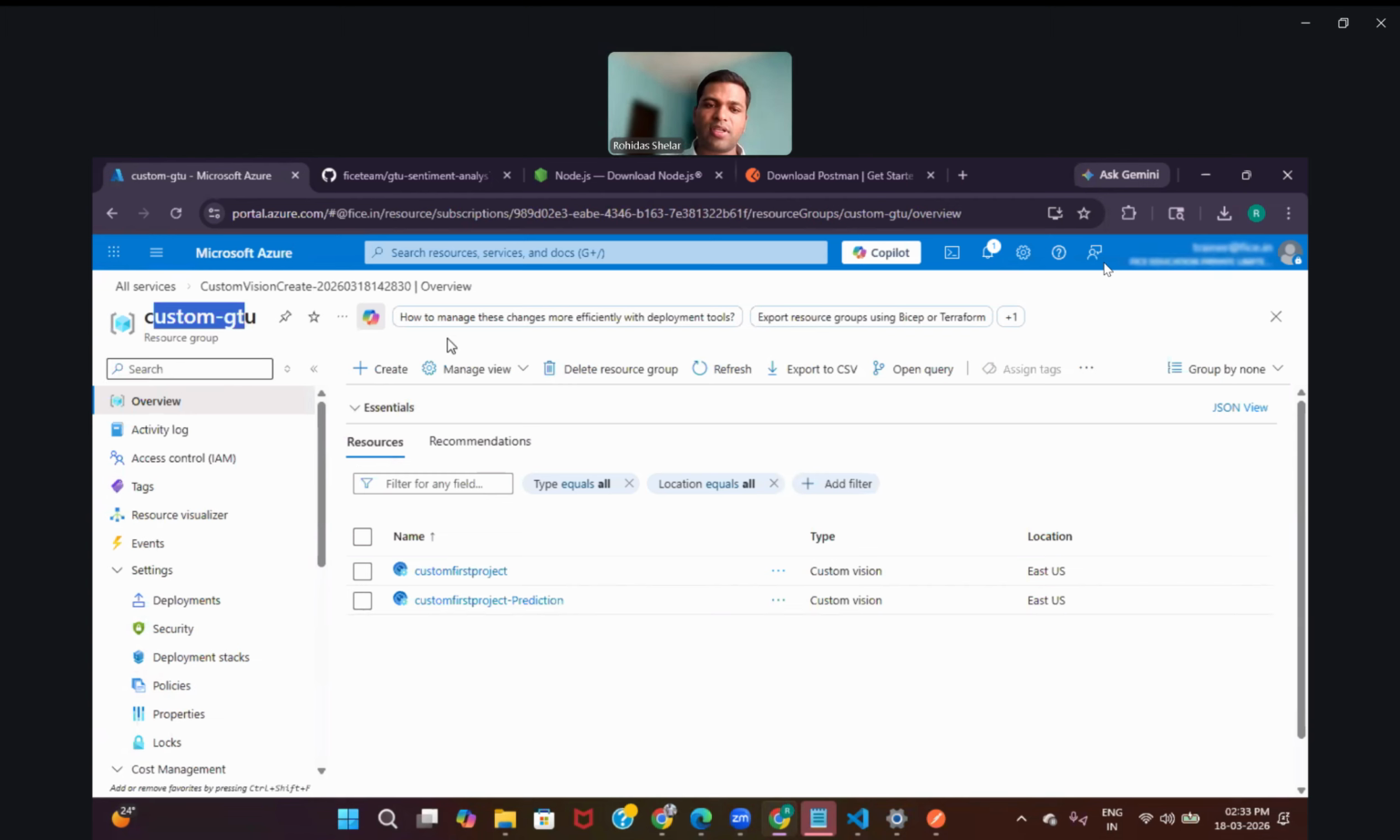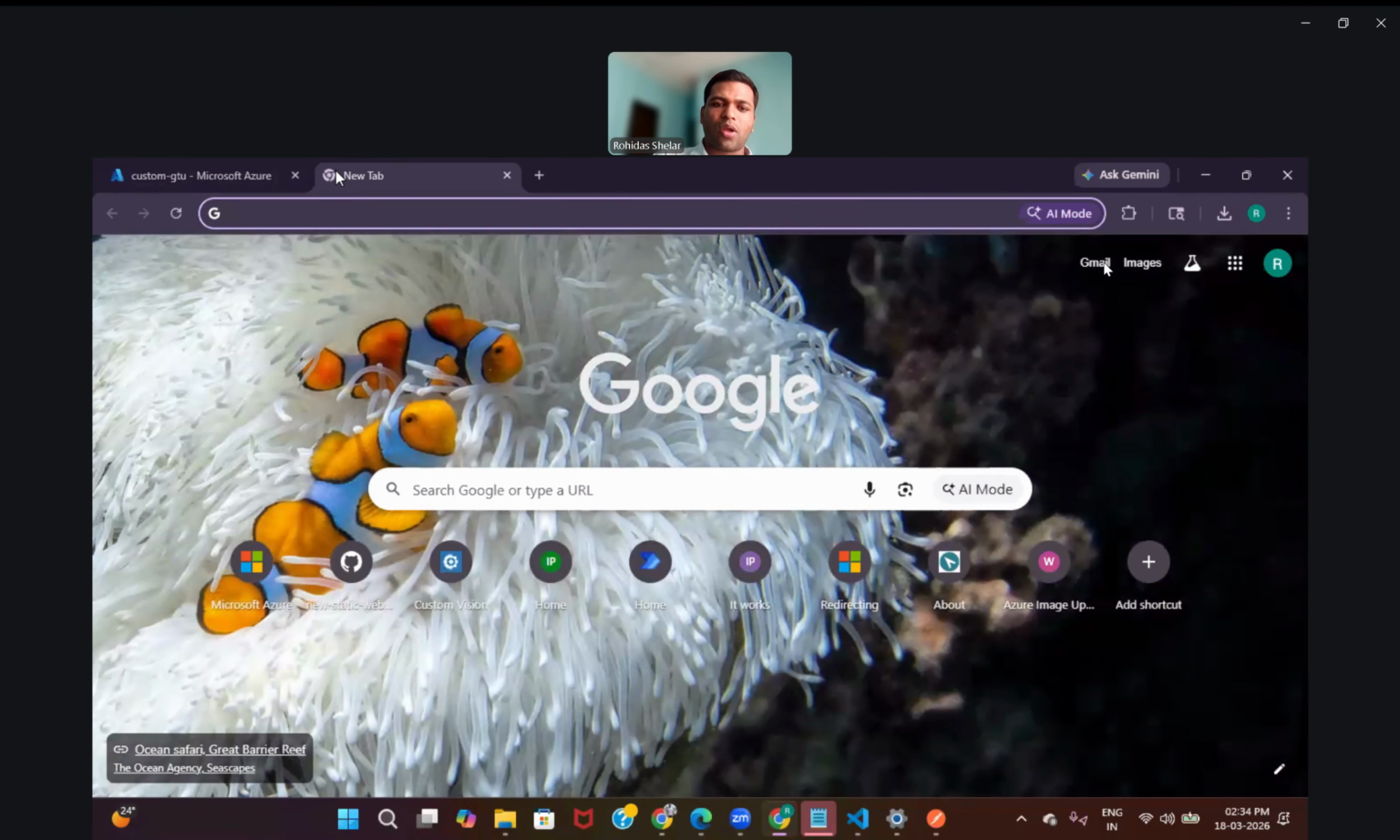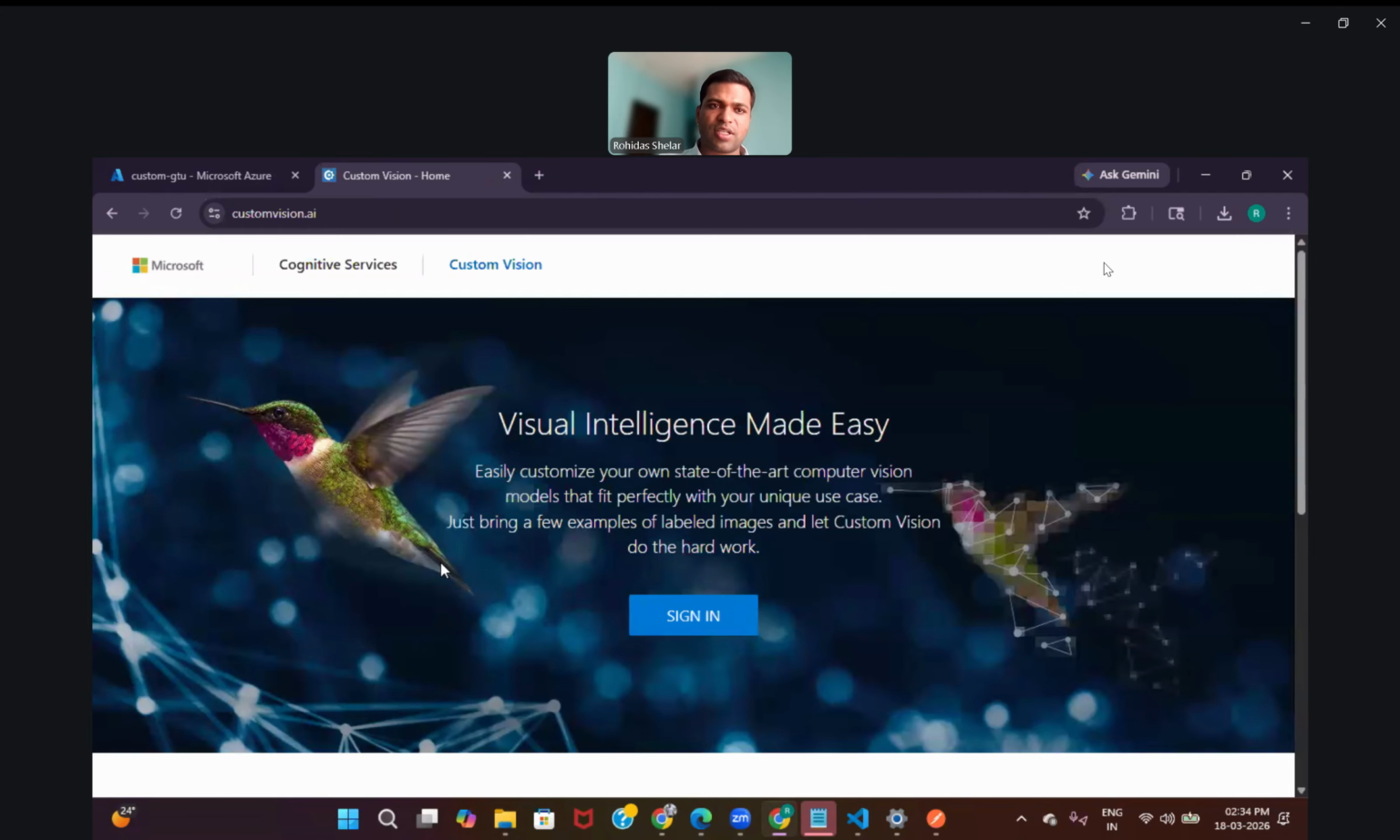Once you create this Custom Vision service, you can keep this as it is. Now I will be closing all the previous pages. You have to open a new tab, and in the new tab you have to type customvision.ai. But you have to make sure the custom vision dot